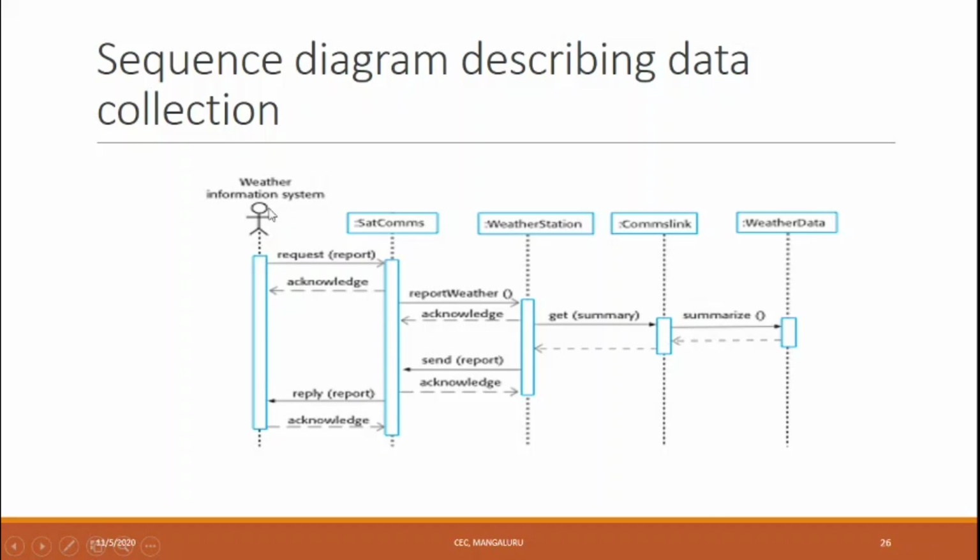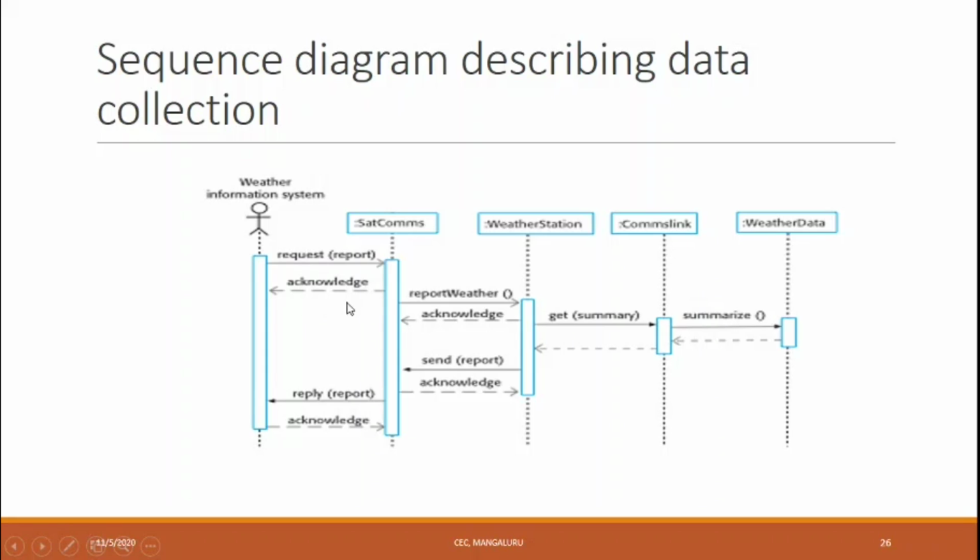And what this sequence diagram is describing is the data collection sequence of the weather station. First is satellite communication, an object that receives a request from the weather information system to collect the weather report from the weather station. This is weather data, and it acknowledges the receipt of